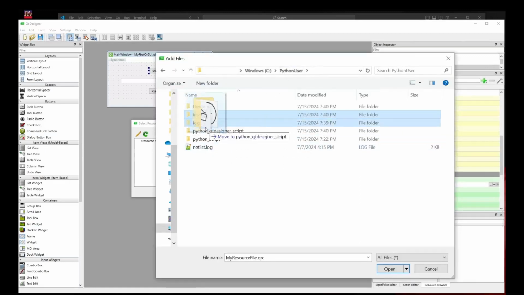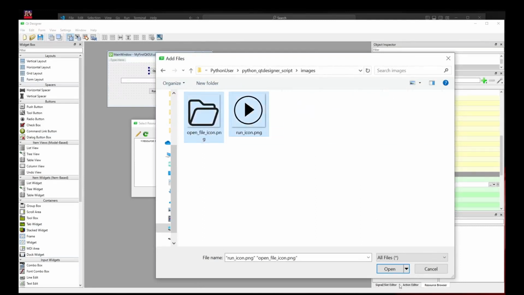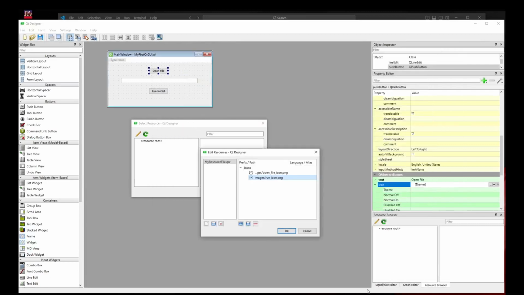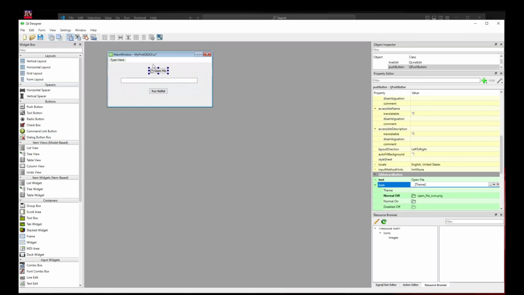And for instance, we can put it into the QtDesigner add-on. This way, we can add both files to our resource file and click OK, because this one we like to refer to the open file icon. And say OK. You see here the icon has been added, and we actually don't even need anymore the text